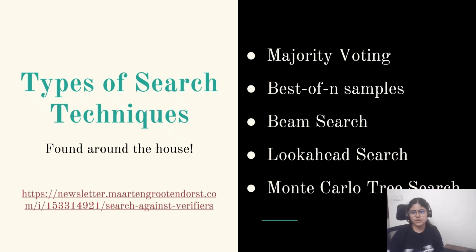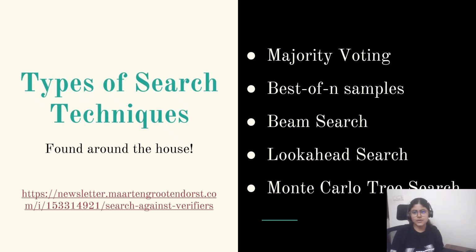Given the set of tokens that are generated, the most frequent one is selected. Suppose I ask what is 1 plus 1, and the output gives me 1 one time, 2 four times, and 3 two times. So 2 is the obvious answer because it's the most frequent one. It's as simple as that.